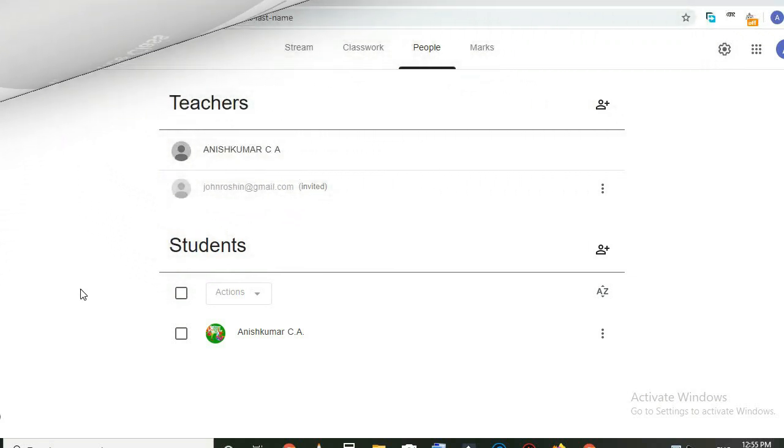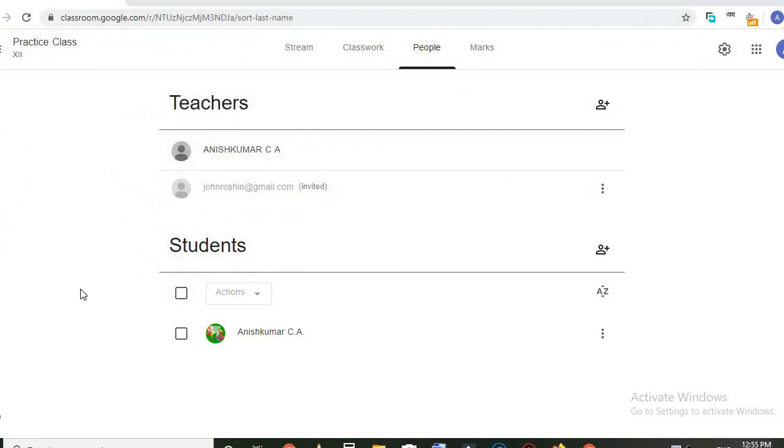Okay, now I am going to explain how a student or a teacher can enter this classroom without that link. First of all I will remove myself, just to enter again by another method.